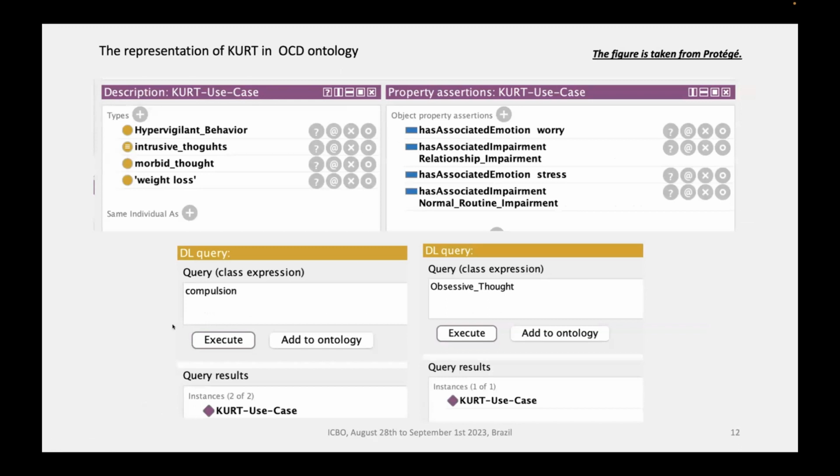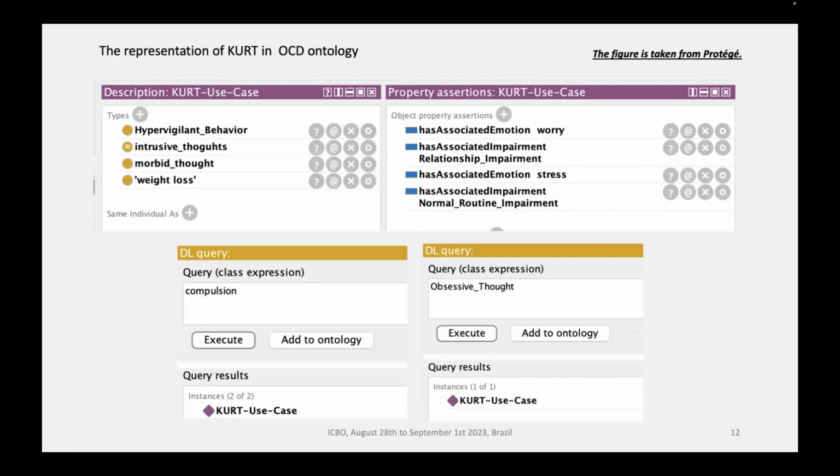And we can see Court is the name of the person in the book. Court here is represented as an instance of a number of classes in the OCD ontology, and these classes represent the list of symptoms for Court. Court also has a relationship to other instances from other classes using object properties, has associated emotion, has associated impairment.